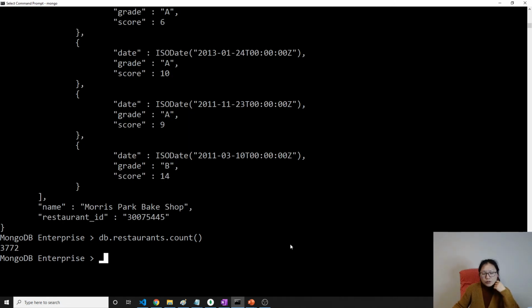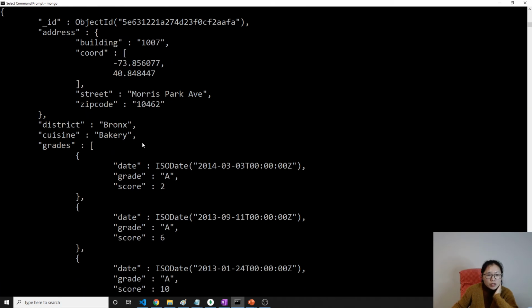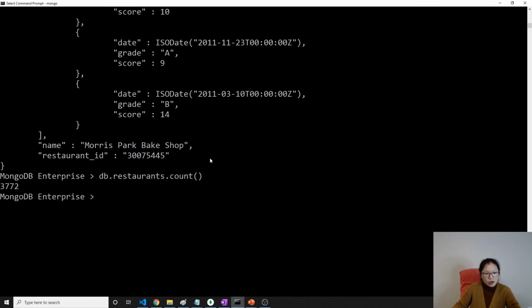What I want to do is show how many restaurants are in each district. I want to see how many restaurants are in each district, grouped by this field. Then list them in some kind of order, like descending or ascending. How to do that? We're using db dot restaurants dot